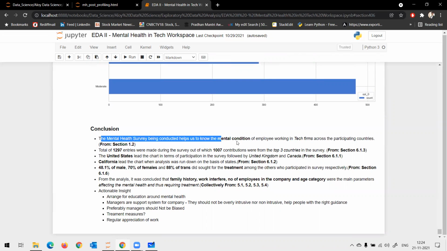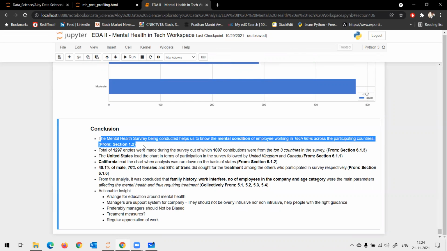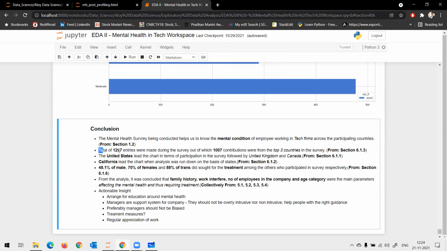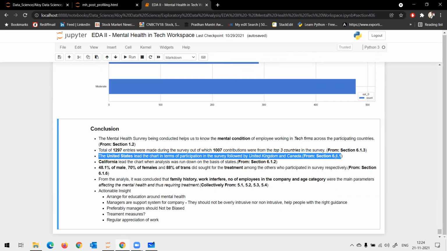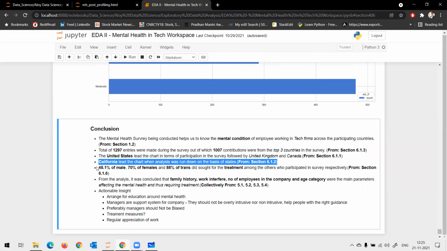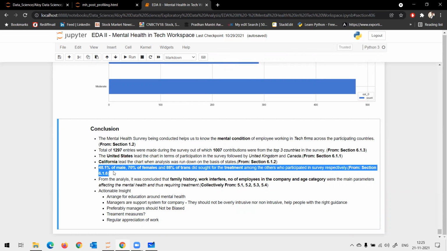So I give the section of the data, how many entries there were and how many were from the top 3 countries, that is, first world countries. And in the United States, where exactly the participation was from, correct? And California had the maximum, with the distribution with respect to male, female, and trans, correct?